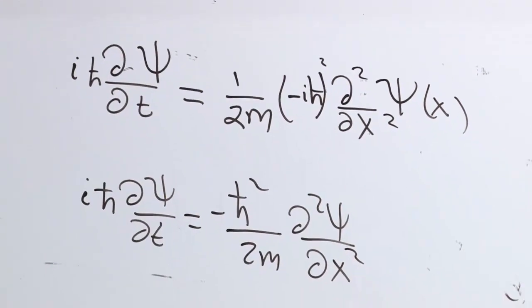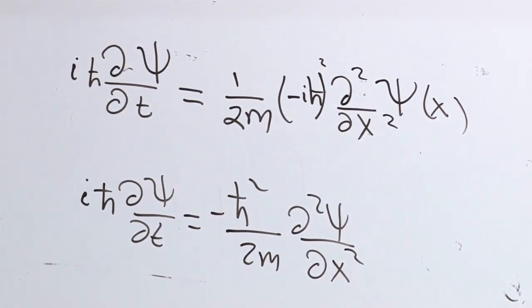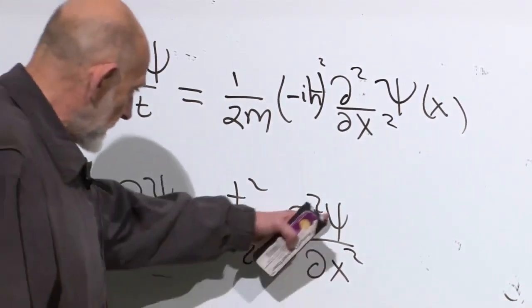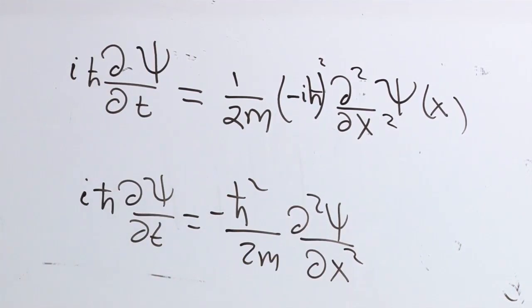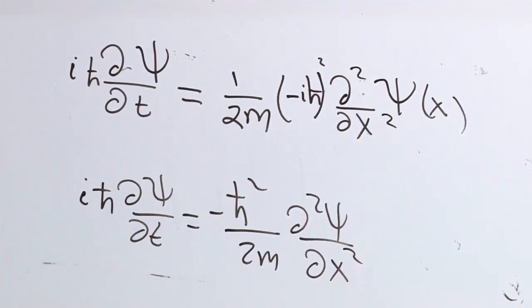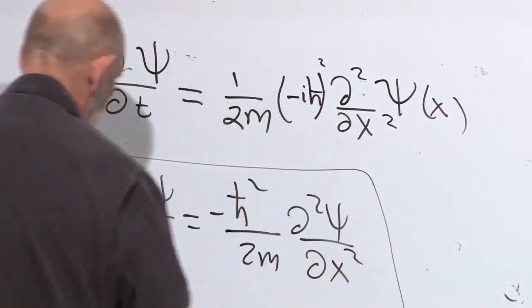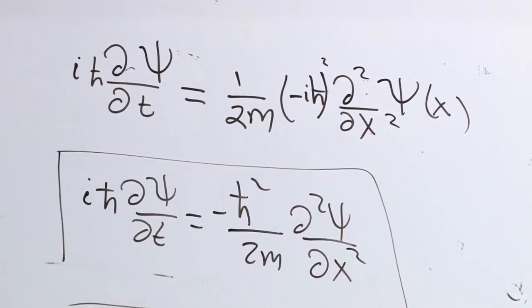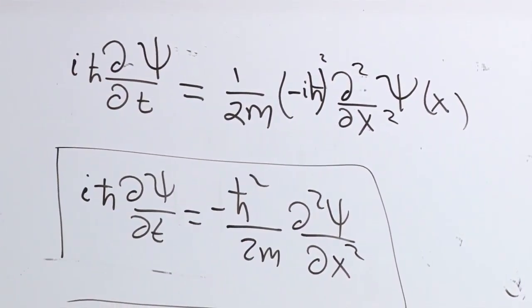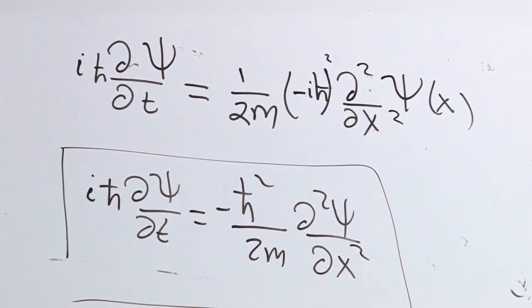This is a kind of wave equation. Incidentally, this is also a wave equation. This is a wave equation, and psi is a wave function. Psi is also a wave function. This is the Schrodinger equation for an ordinary non-relativistic particle. It has the property that waves of different wavelength move with different velocities.